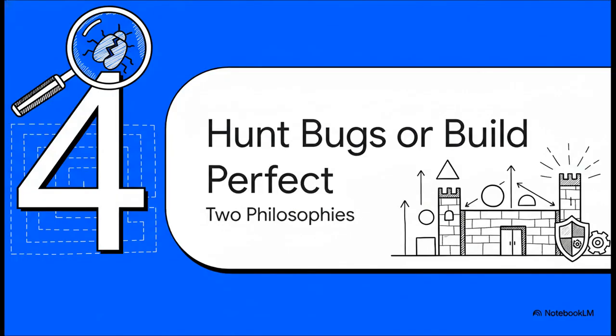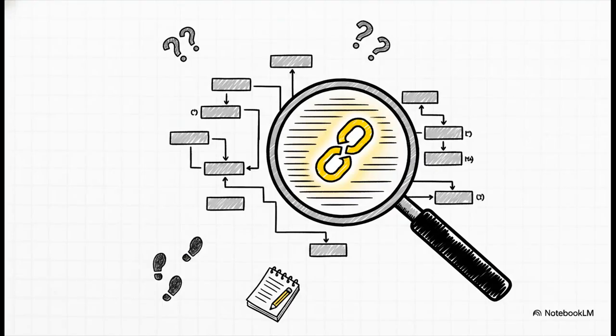So this leads us to two completely different philosophies on how to deal with these security risks. Do you want to be a detective hunting for flaws after the code is already written? Or do you want to be an architect and design something that's perfect from the very beginning? All right, so the detective approach is reactive. It's all about forensics. The code's already built, so now you're scanning it, looking for clues, trying to pinpoint those potential weak spots where an attacker might be able to get in.